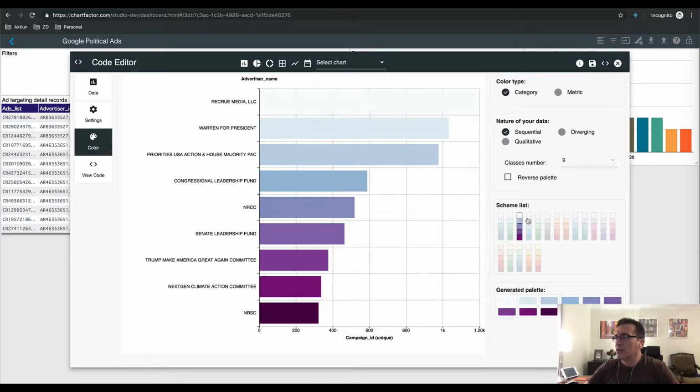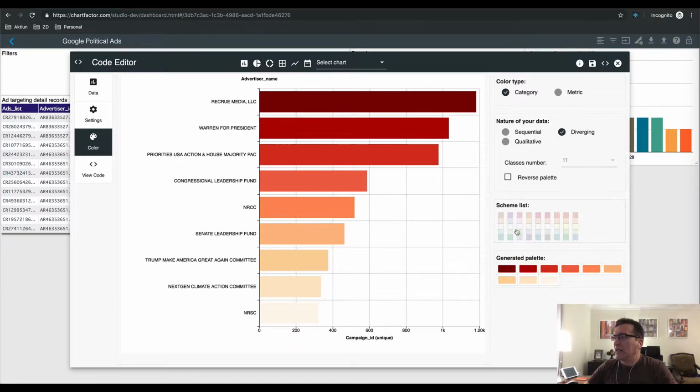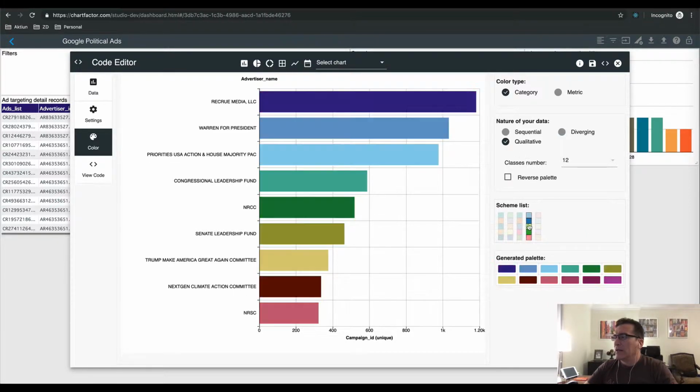Sequential. I can select sequential palette. Reverse the palette if I want to. I can select the number of colors in my palette. So let's look at divergent palettes. I have them here, or qualitative. Okay, I'm going to select this palette for now, and I can always adjust the colors of each palette with this by clicking on each of the colors. Okay, so now I'm going to save,